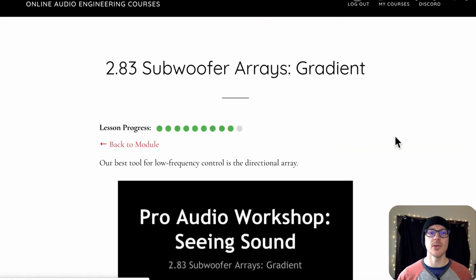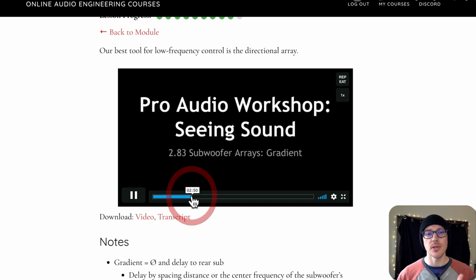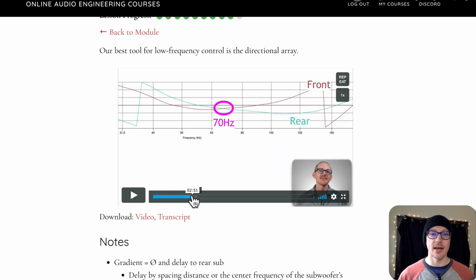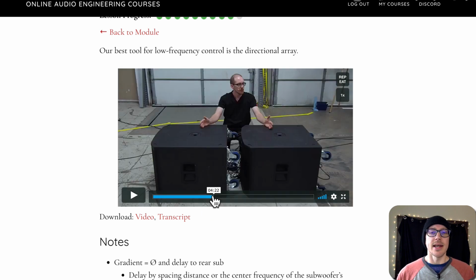This one's all about the two-element gradient inline subwoofer array. Fancy name for a very simple, easy to use directional subwoofer array, which is why I use it a lot and why I like to teach it in my course. I talk about how to choose the spacing, what that's going to mean for the settings that you use,